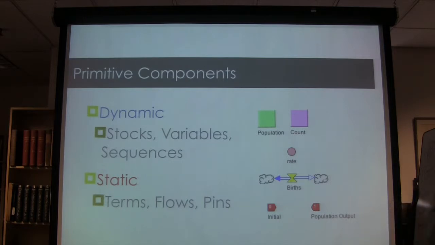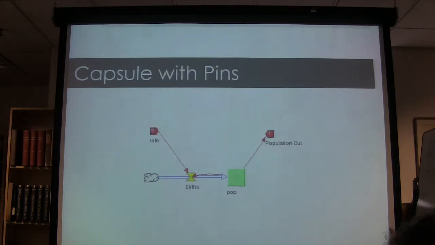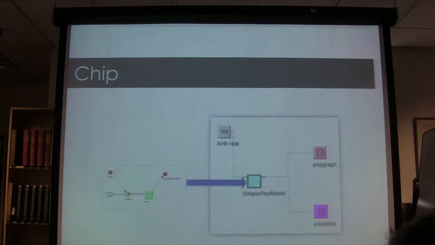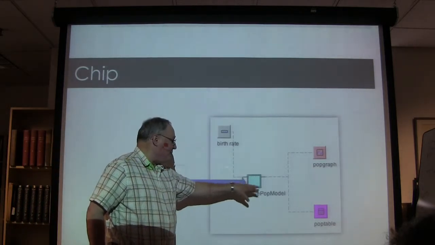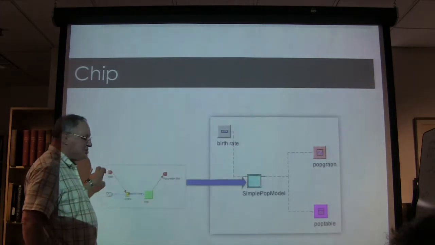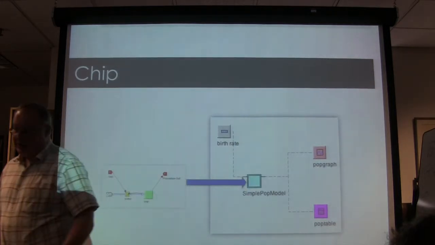It has these primitive components, much as you see in things like Stella and Vensim, and these are all generated graphically. But after you build something that looks familiar to people who use, say, Stella or Berkeley Madonna, you turn it into a capsule by giving it these pins. Once you give it these pins, you can drag it out in a new environment, and you automatically get an element that is an instantiation of this calculation, but can now be used at this new level of modeling.